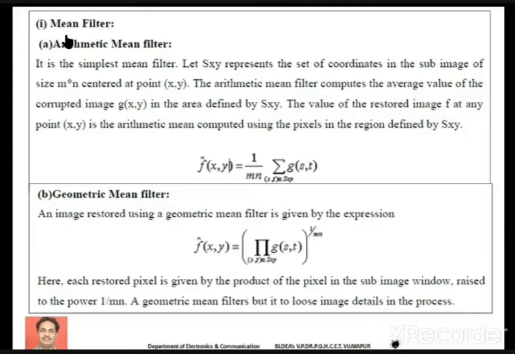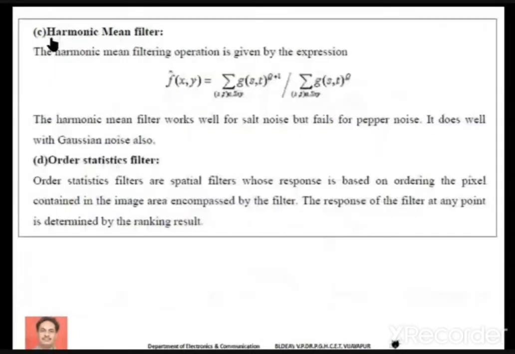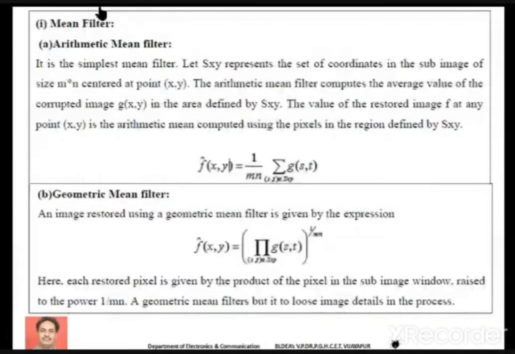Here we have different types of mean filters. We discuss these one by one. First one, we have the arithmetic mean filter. It is simply an averaging filter. As the name itself indicates, each pixel is replaced by the average of its neighborhood. In the case of the arithmetic mean filter, we replace each center pixel by the simple arithmetic mean of its neighborhood pixels.